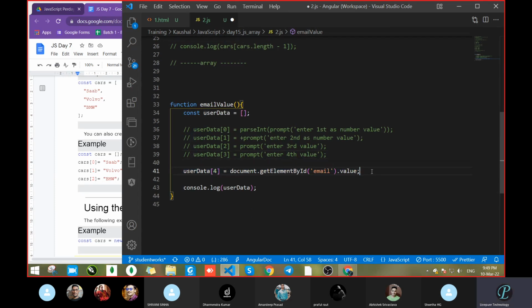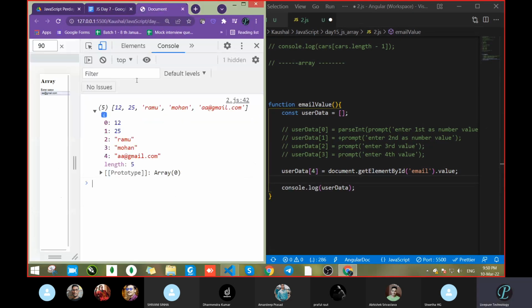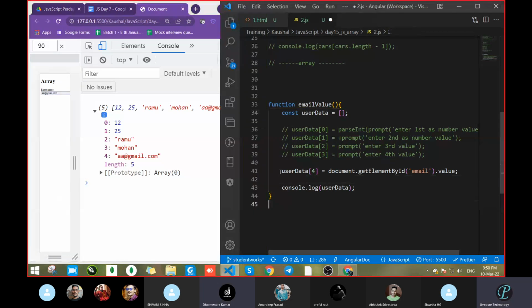Got it? So what if we pass user data at 4, meaning it is at the 4th position, and 0, 1, 2, 3 are not there? What will we actually get in that case? Sir, we are inserting user data. Yes, you are inserting the value at the 4th position only. Correct? We passed the 4th. What about positions 1, 2, 3? Will we get any data? Null, nothing. What will we get?